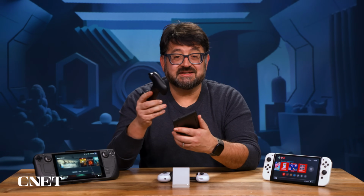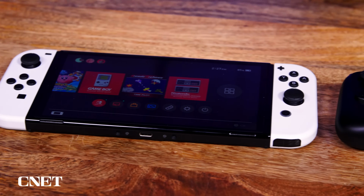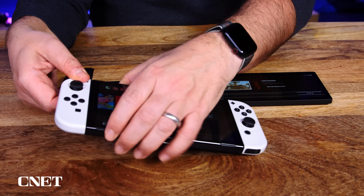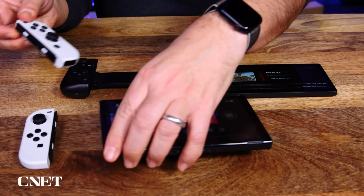Now, you can't use this on its own. You have to use this when it's paired. And that's part of the disconnect here that I don't like. If you look at something like the Nintendo Switch, of course, the Nintendo Switch has its own modular game controller system. I have come to really appreciate the fact that the Switch has its own detachable controllers that work wirelessly,